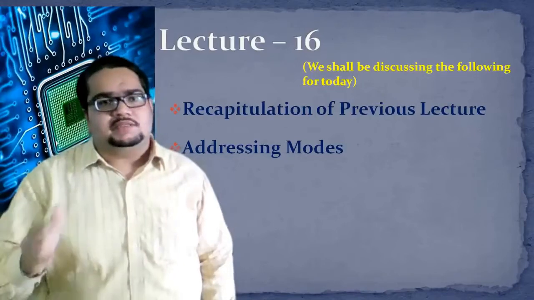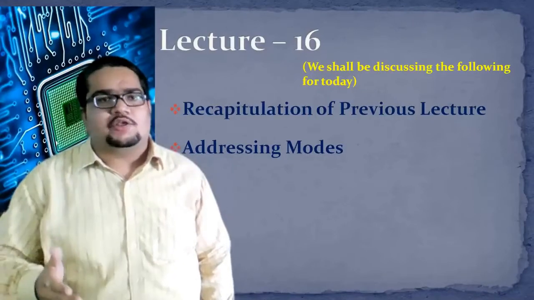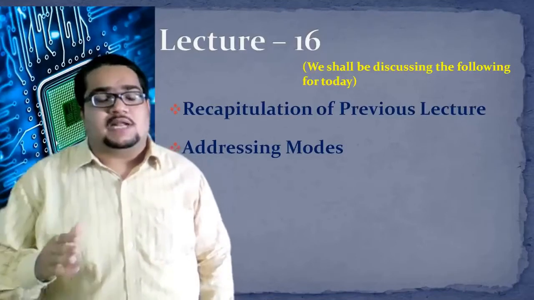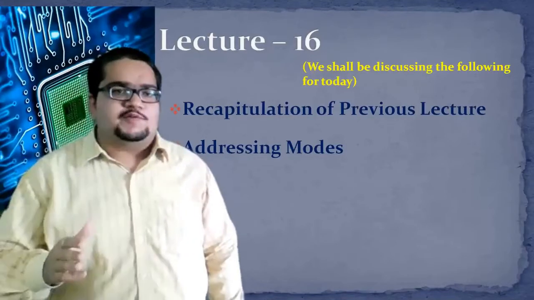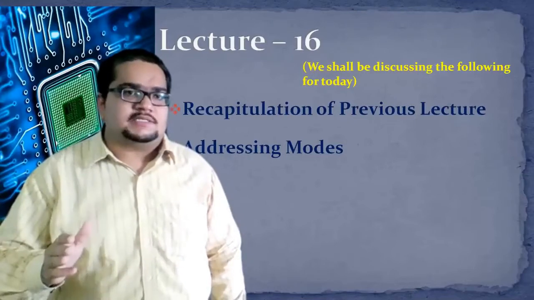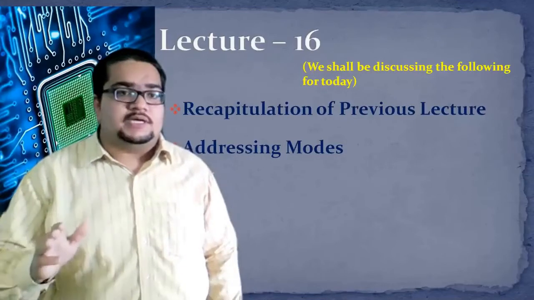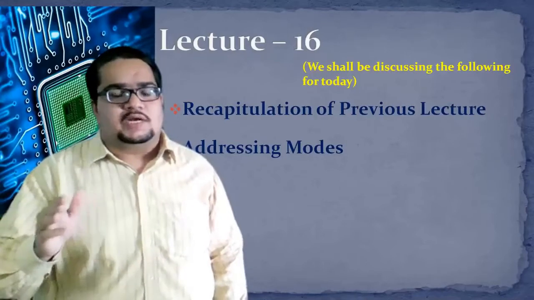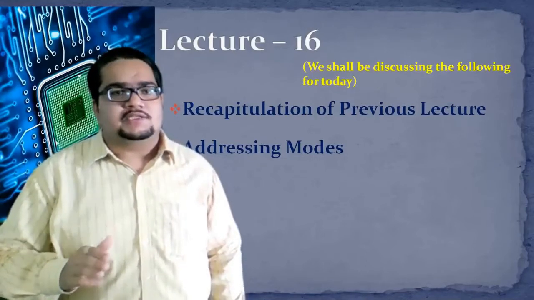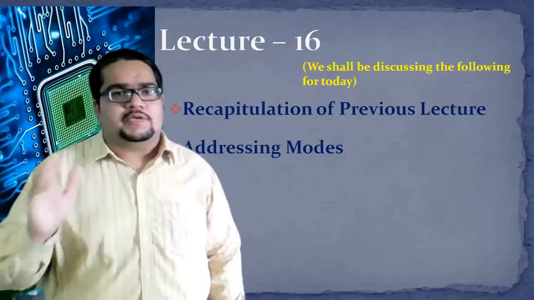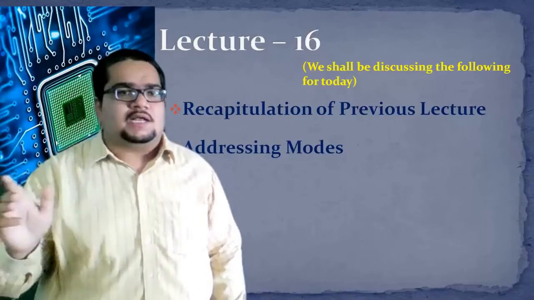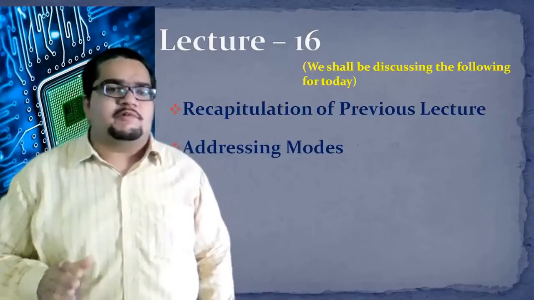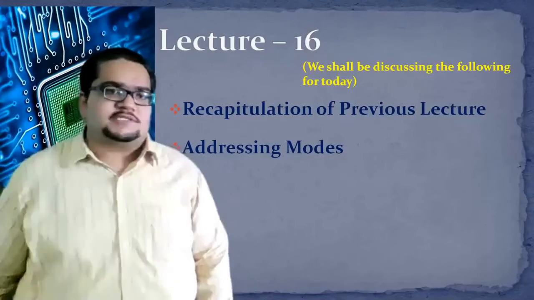The reference can be the person's name, as in the analogy of a human being calling. Otherwise, in the data sense, the reference could be the data's location address, the location in the register, or sometimes the address will be there in the register, so that the register's access will be there in the instruction. So from the register the location will be accessed, and from the location the data will be accessed. Many ways are there, and one by one, each of them we will be checking out in today's class.